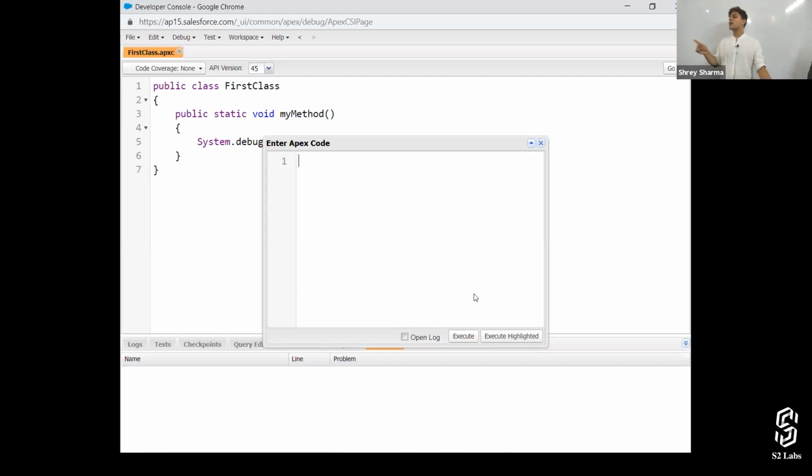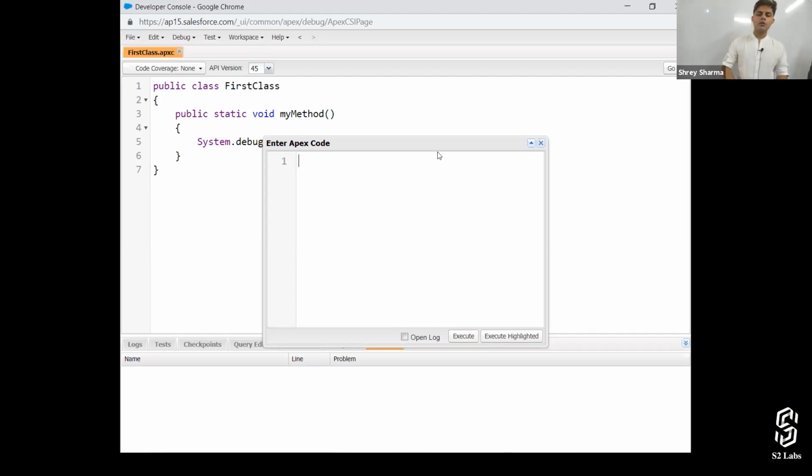And you can do that in production as well. Otherwise, I should not tell it to you. But yeah, the execute anonymous window allows you to execute a particular code without writing any class, without writing any method or something like that. So its name defines what it is. Anonymously, you want to execute anything, just write it into the execute anonymous window, right?